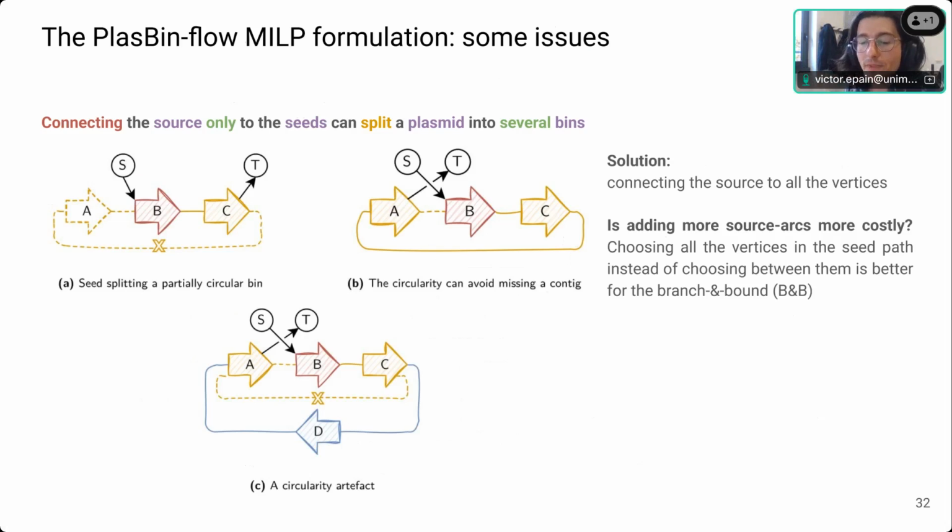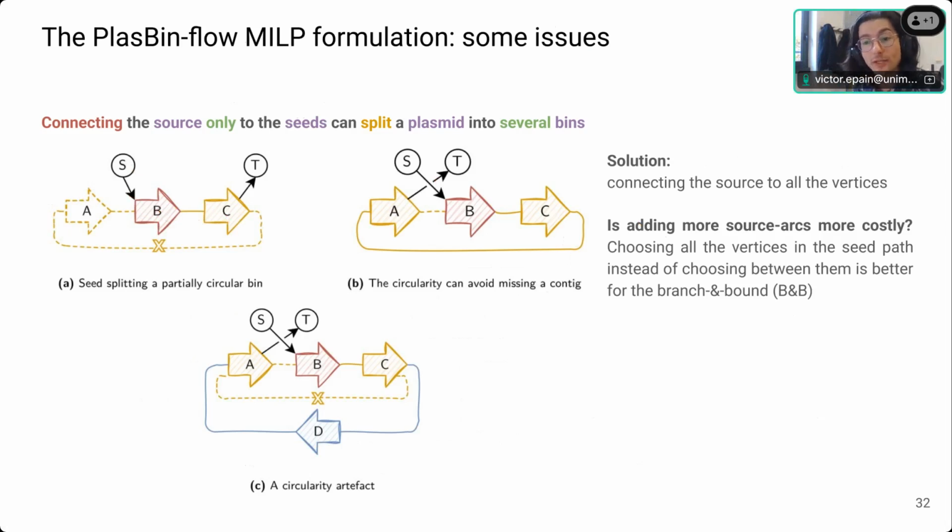This is not so true, because when you incorporate this type of weird behavior in A, the solver will have to choose between B and C or B and A. And you are creating an artifact of choice in the branch and bound of the solver.